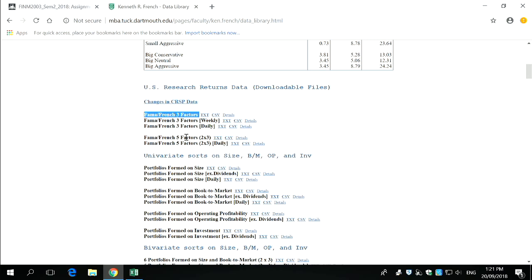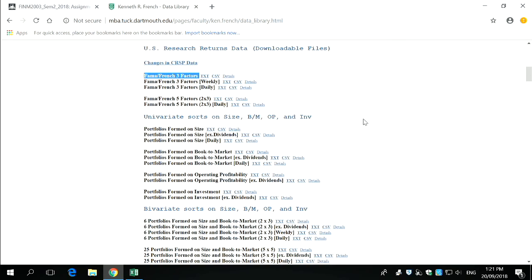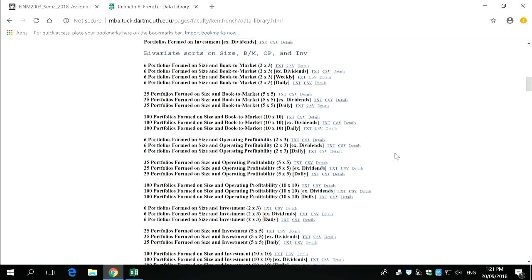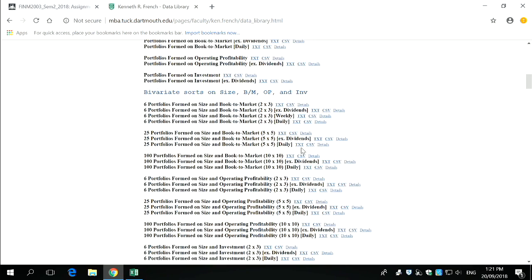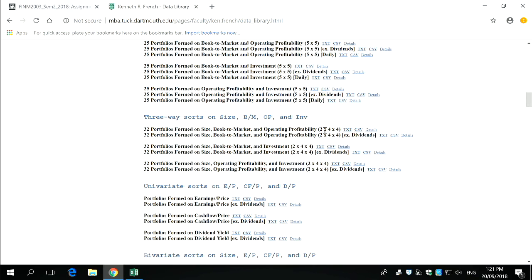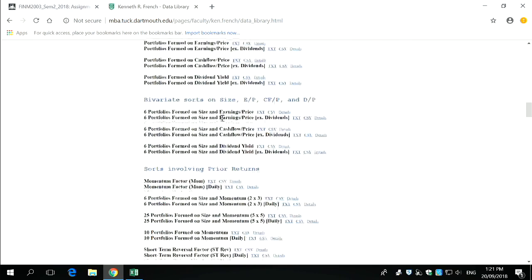Now, Fama French 5, there have been extensions upon extensions. Don't worry about that. I'll show you one of the extensions, which is the Fama French plus Momentum, so it's like the 4-factor model, but we won't worry about that right now. So that's US data. If we scroll down further, these here are portfolio returns. If you sort data into different portfolios, they actually do that across the US market. Scrolling down,